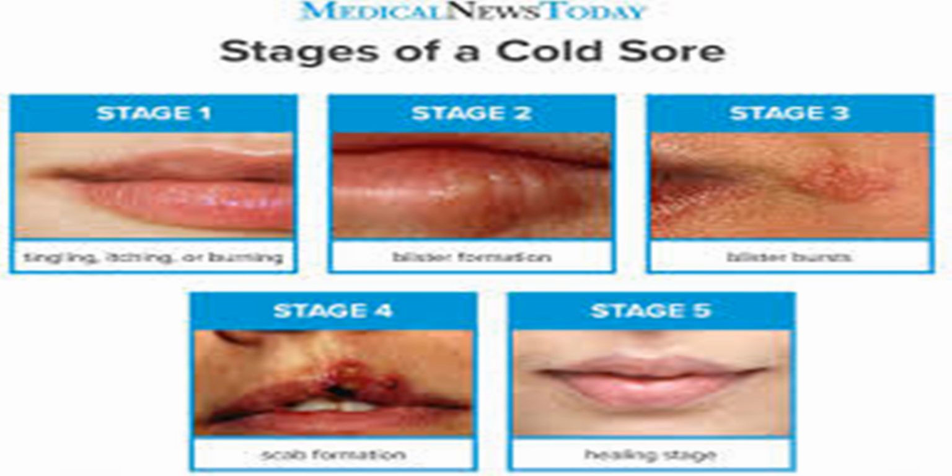Symptoms: cold sores typically go through several stages during an outbreak. Tingling and itching. The first sign of a cold sore is often a tingling, itching, or burning sensation around the lips or mouth, signaling that the virus is active. Blisters. Within a day or two, small, fluid-filled blisters appear around the affected area, usually on or near the lips. Weeping and oozing. The blisters may break open and ooze fluid, forming painful sores.